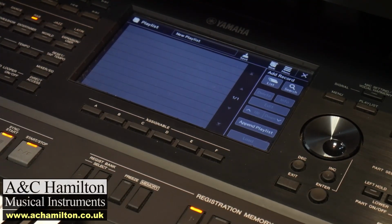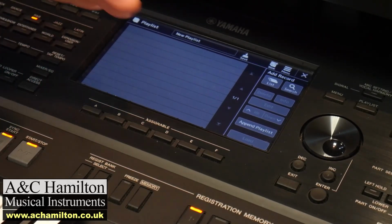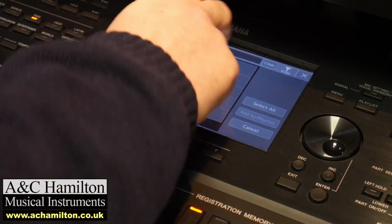number of set lists. You could have a busker's book. The title would be Busker's Book 7. You could have all the songs listed out of that busker's book in the order that you want to play them. So if I said, right, what songs do I want, and I press search and I tap something in,